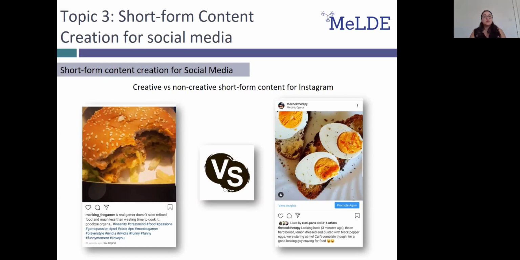Let's move on. What do you think about these 2 photos? Personally, I'm more of a visual person, so I'm always looking for a nice picture with a short, smart, and symbolic caption. Basically, a combination of the 3 C's. If we compare the 2 posts, which were both taken from Instagram, we might find that we are more attracted to the post on the right-hand side. Although the caption is short and funny in both cases, the image on the right is a lot more carefully structured, and the lighting is better, making it more visually appealing and eye-catching. Therefore, it's only natural that it will grab our attention a lot more easily than the post on the left.